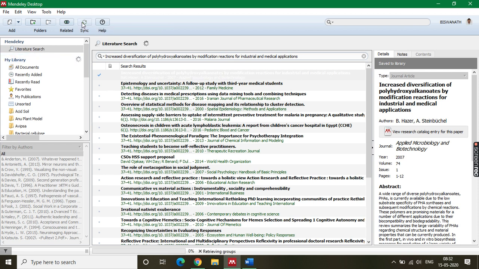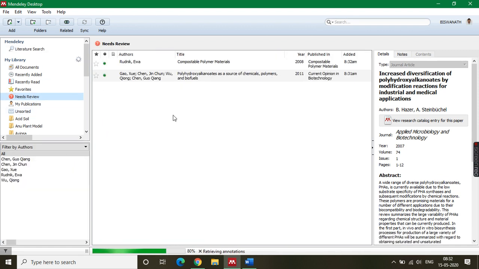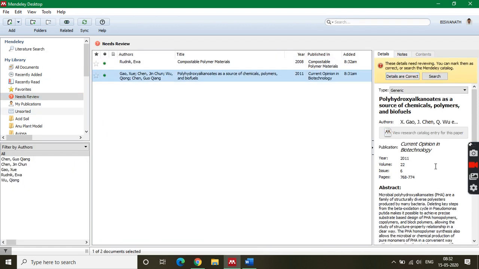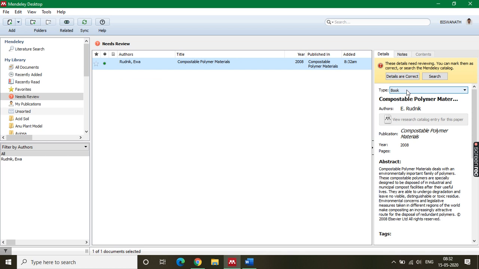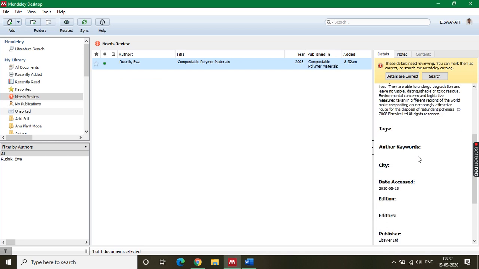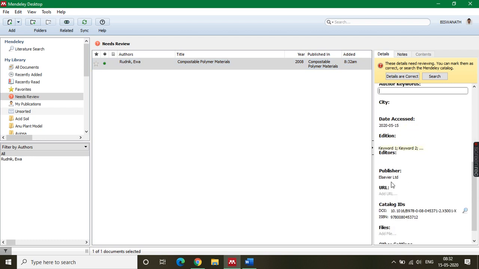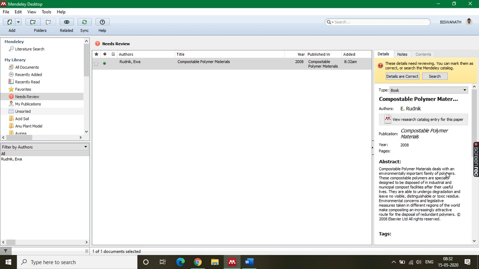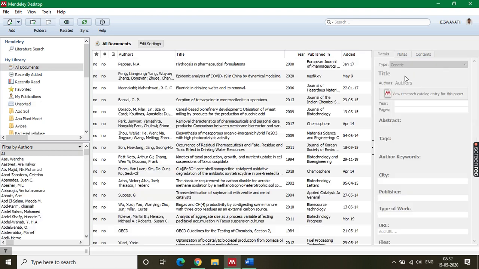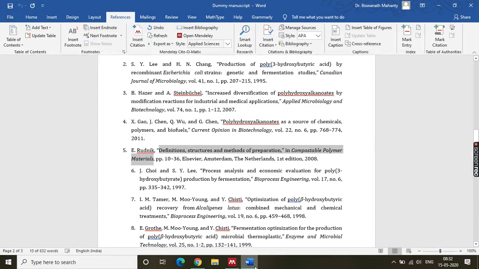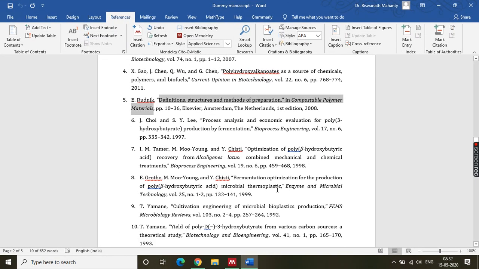So what we will do next, I will sync. It will come under review, because I have added two materials. It is syncing. You see, so this is one, I find it is all okay, so I'll say details are correct. And this is a book, you see it is highlighting correctly, book. Page number, if you want to add something, if you know the city, you can add it here. If you want publisher, DOI, all this information, if you want to add, you can always do. So I think details are correct, so I'm just closing. So 5 or 6 references I have already added. You can continue to add further.